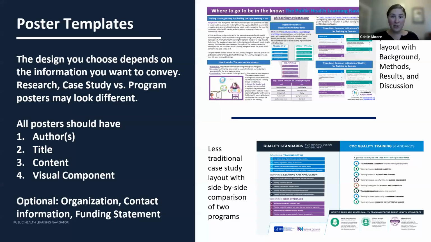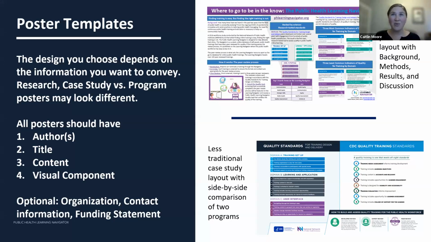Okay, so here are some poster templates. We're going to go into 3 poster templates in the next couple of slides. So again, poster templates are a wide range. They come in all shapes and sizes. Y'all saw the one that I did earlier for the virtual, which I could have printed out and done in person, but all poster templates kind of have 4 main components that come together.